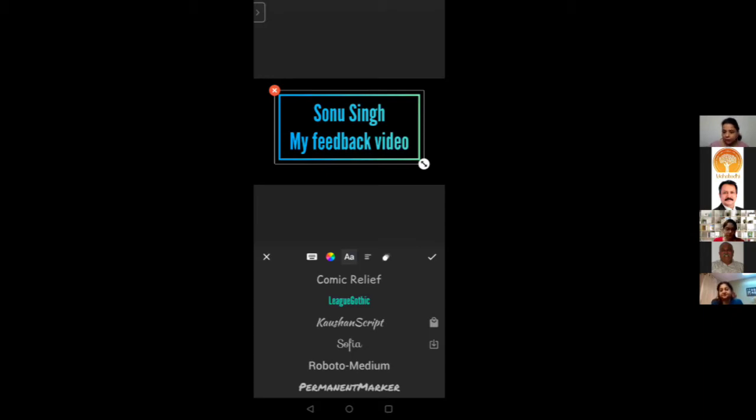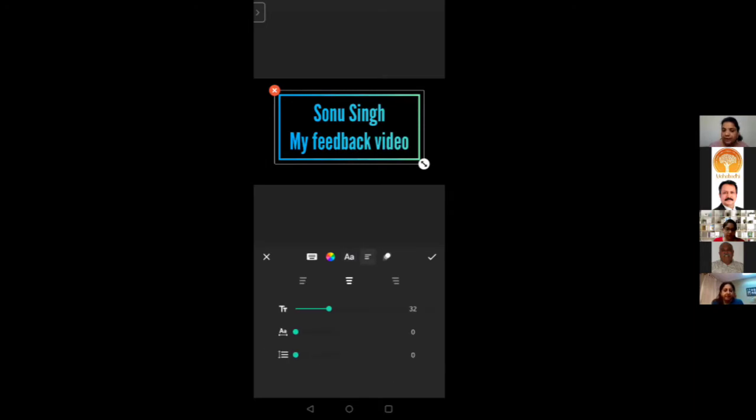Now, after the font, you can select whatever font you like as per your choice. There's an option of alignment. So go to the next line, which is that 3 lines. Okay, तो इसमें जैसे Word document या PPT में होता है left align, center align and right align. So you can select whatever alignment you want and it will get aligned accordingly.